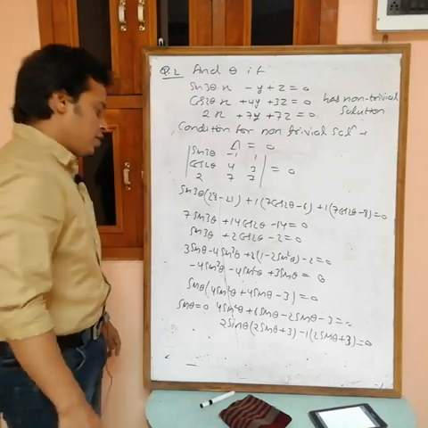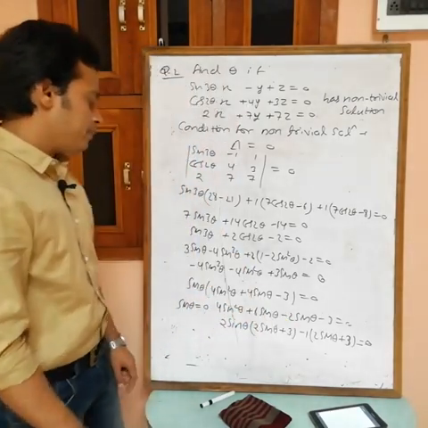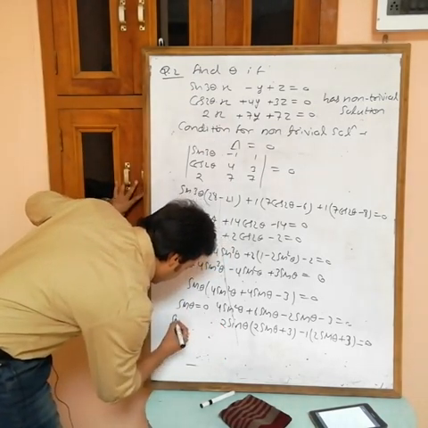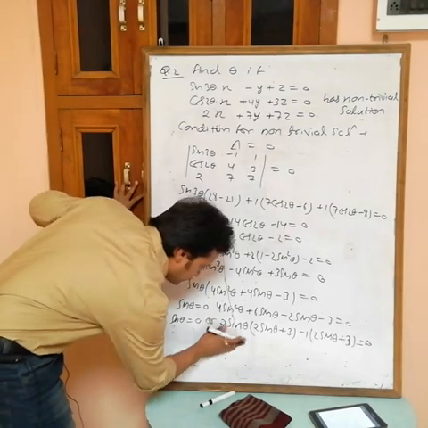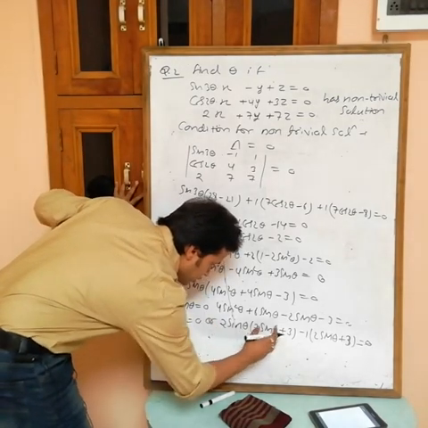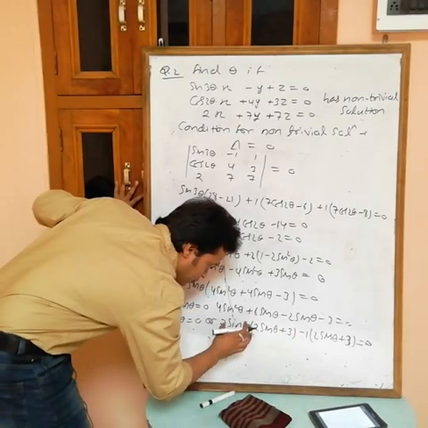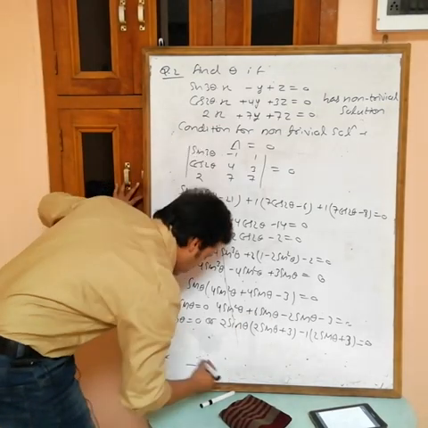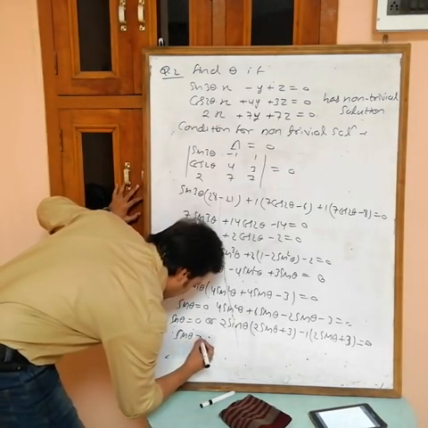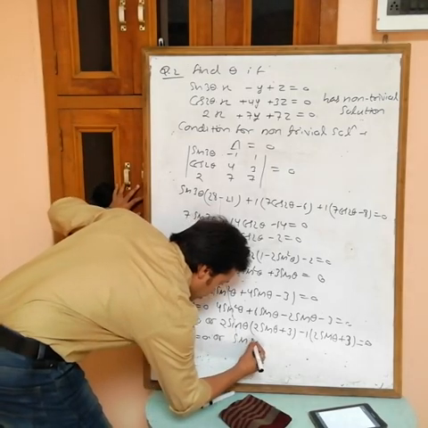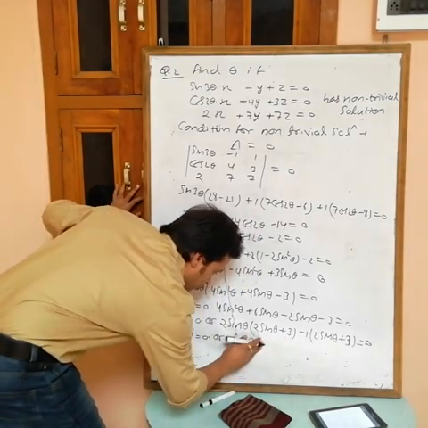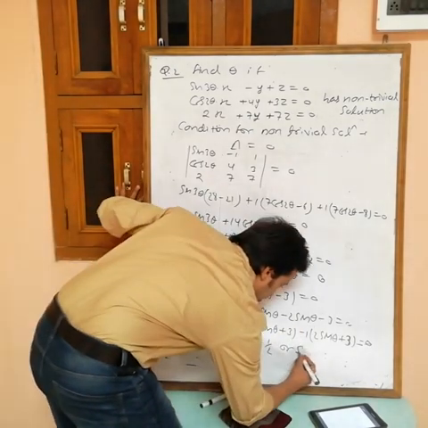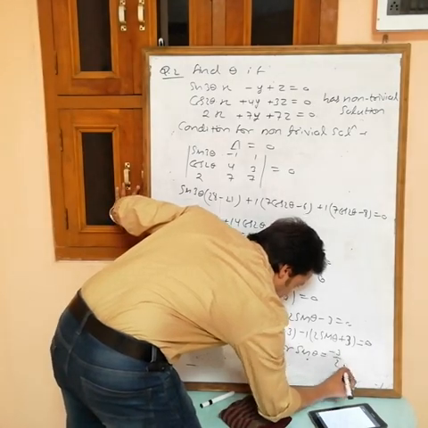Now if you take common 2 sin theta plus 3, then what we are getting? Here we have sin theta equals to 0, or this one. From this one, 2 sin theta plus 3 common, then 2 sin theta minus 1. So 2 sin theta plus 3 into 2 sin theta minus 1 equals to 0. So we are getting that sin theta equals to 0, or from 2 sin theta minus 1, sin theta equals to 1 by 2, or from the other factor, sin theta equals to minus 3 by 2.